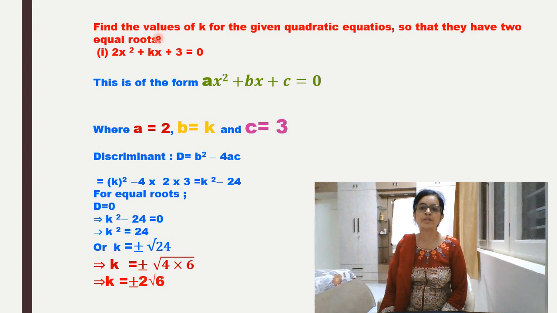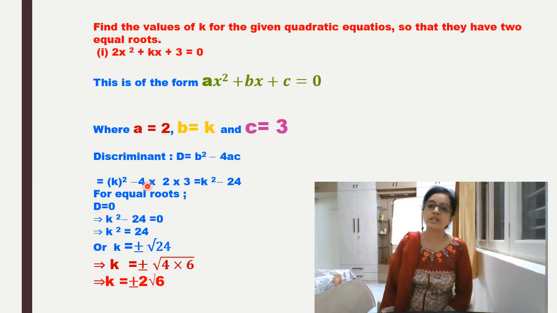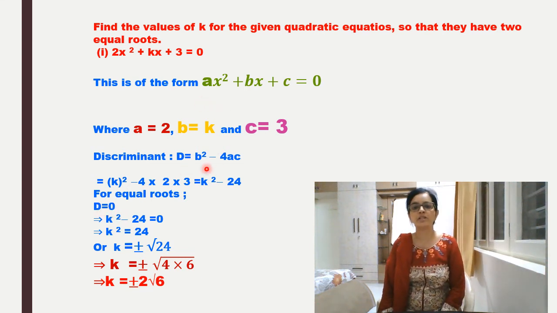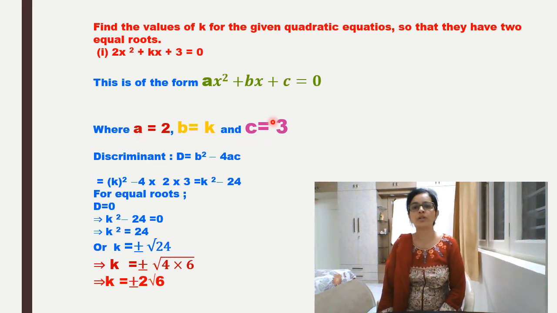Now the sum will become easier, because once the roots are equal, the discriminant will be equal to 0. So what is the discriminant? Discriminant is b squared minus 4ac. Now, since the roots are equal, we have to write b squared minus 4ac is equal to 0. And what is the value of a, b, c? Just go to the general form of the quadratic equation. It is ax squared plus bx plus c is equal to 0.